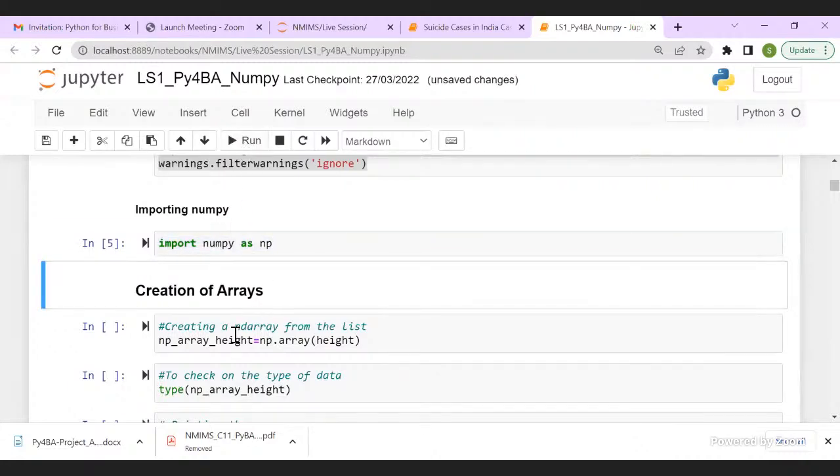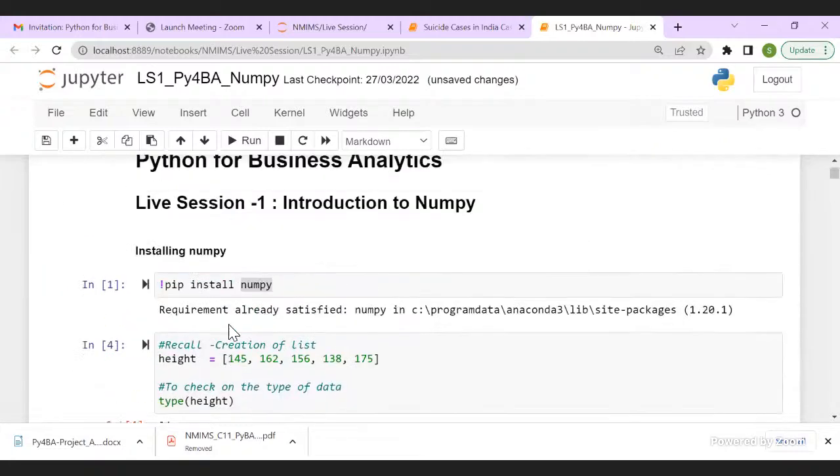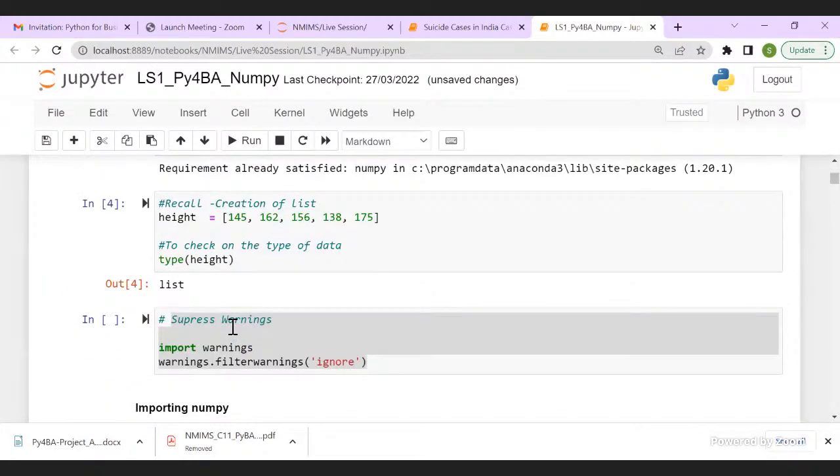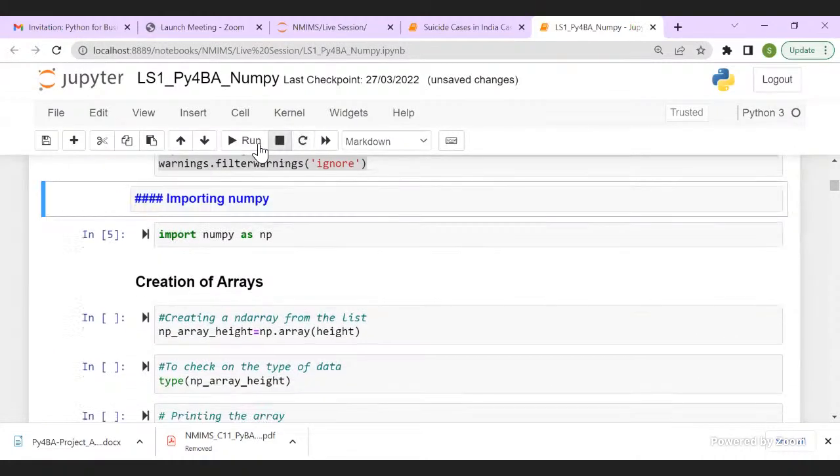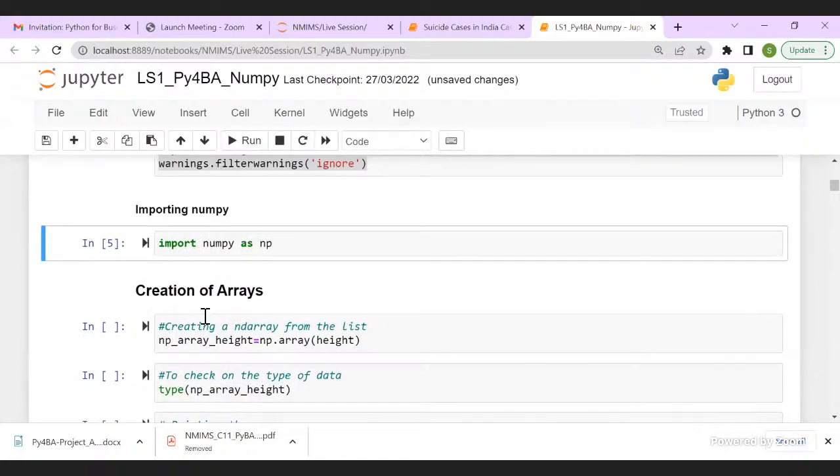Because as we go along, I will be asking you to do this code and I'll be asking you questions, what answers you will be getting. So if you have missed, since you have NumPy already, this is just basically initially for recalling, but your code starts with importing NumPy. So you can import your NumPy. You can write the code. I'll be sending this notebook file to you so you can cross check in case you miss anything. So all of you, please start by writing the code, import NumPy as NP. Okay. If you feel I'm a little faster, you can tell me to slow down. I can wait for you to write the code. But I am expecting you to go along with me as I'm explaining the code. Okay.